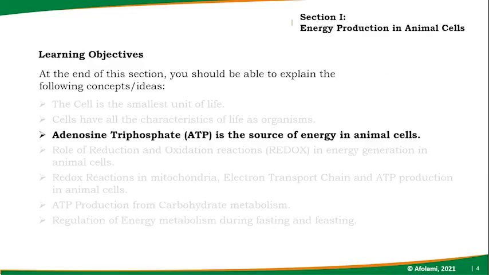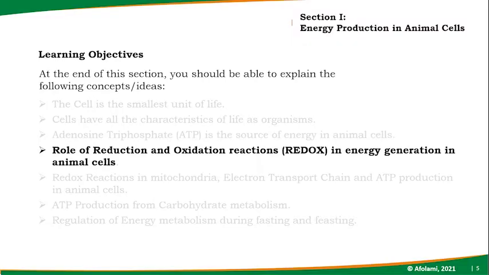Today we'll be looking at ATP as a source of energy in animal cells. Some people call it the energy currency in the animal cell, and of course, an essential part of energy production is what we call redox reactions, and we'll be looking at this in detail. How all the redox reactions that we considered in SS1 chemistry, do you remember? Yes, so we'll be looking at how they really play an essential role in energy production and energy metabolism in